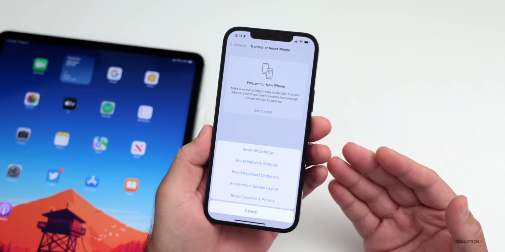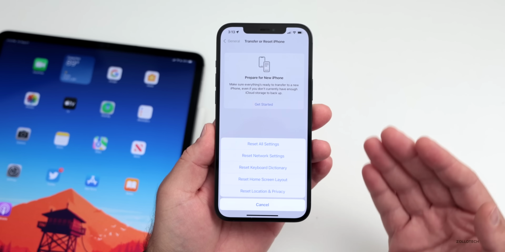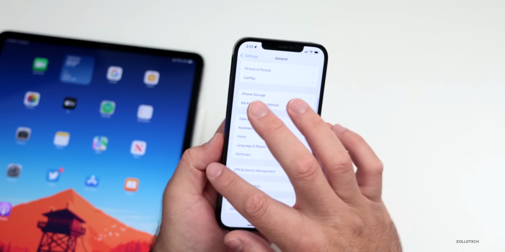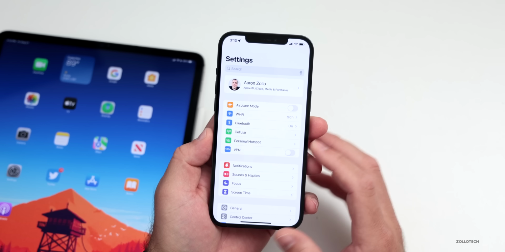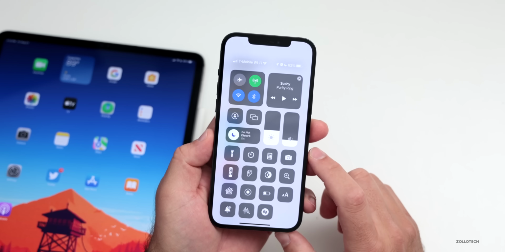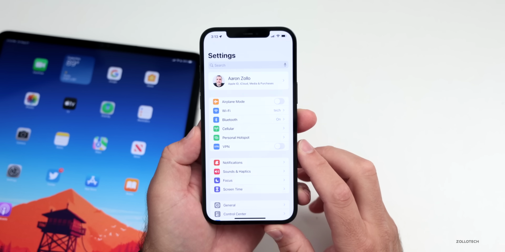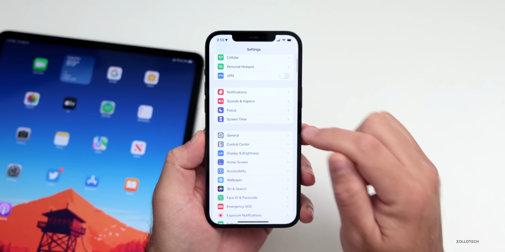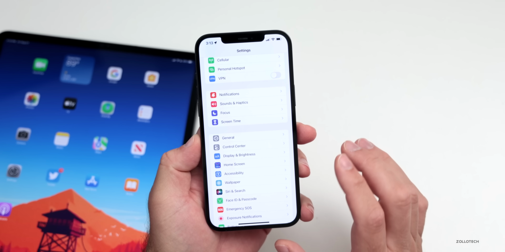So none of the apps were removed, anything within the apps, the accounts and things like that, but it resets everything from your Wi-Fi to all of your settings being set up. So I had to go back through and set a lot of those up. Now, during these videos, I generally have Do Not Disturb turned on, so notifications aren't popping in and things like that. So that's typically only when filming the video. Then I use different focus modes. I'll talk more about that in a moment,